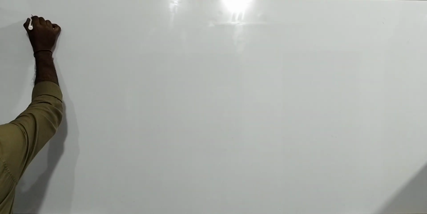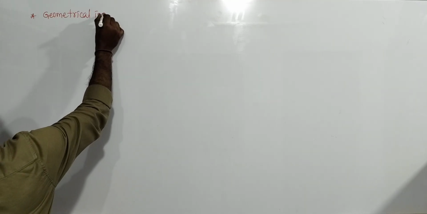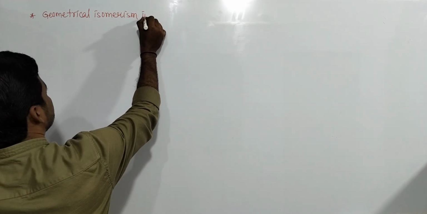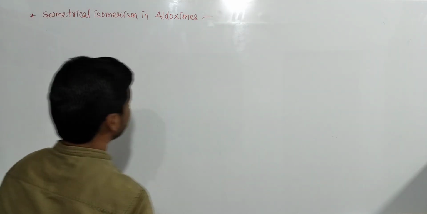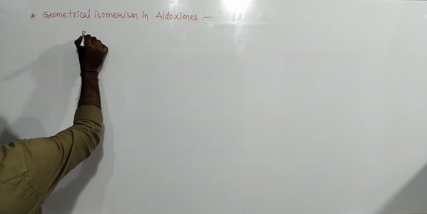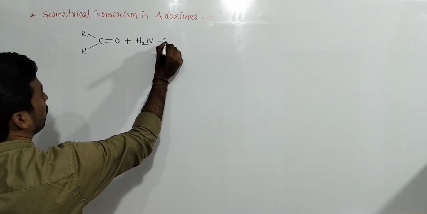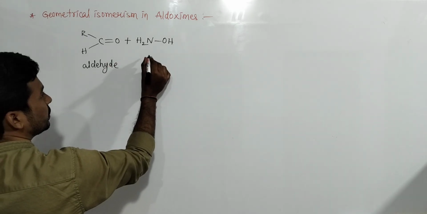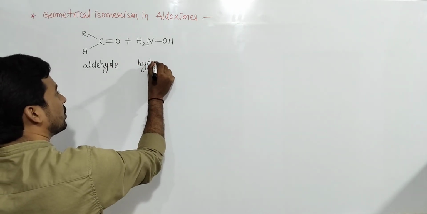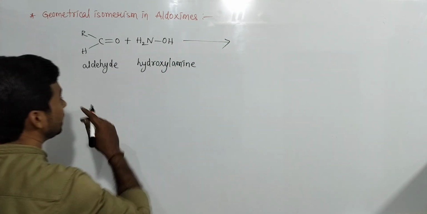Okay, next geometrical isomerism in aldoximes. Geometrical isomerism in aldoximes. How are aldoximes formed? When aldehydes, RCHO, are treated with hydroxylamine, NH2OH. This is the aldehyde. RCHO is aldehyde. NH2OH is hydroxylamine. Its name is hydroxyl, OH group, amine, NH2 group is present. That's why hydroxylamine. So in acidic medium,